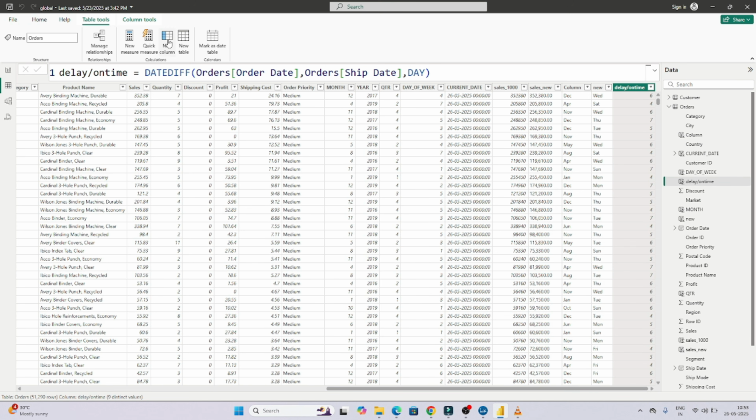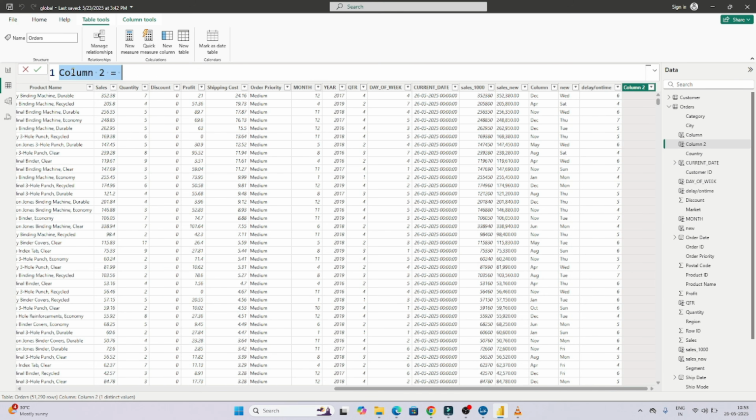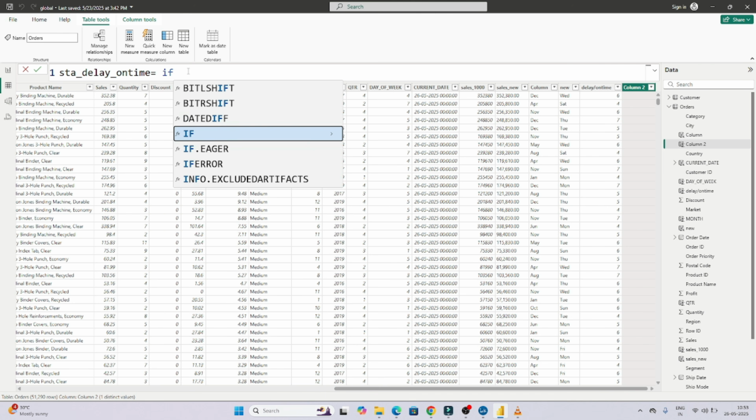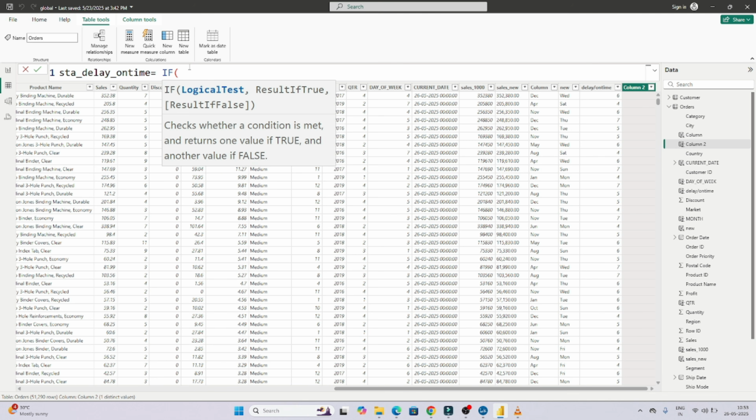So further, click on new column. We'll create one more column, stat delay on time. You can give any name. I am giving it stat delay on time. What is the delay on time status? And I will use an IF function. IF is also one of the DAX functions which is available. With the help of that we can write some conditions. So I will say IF